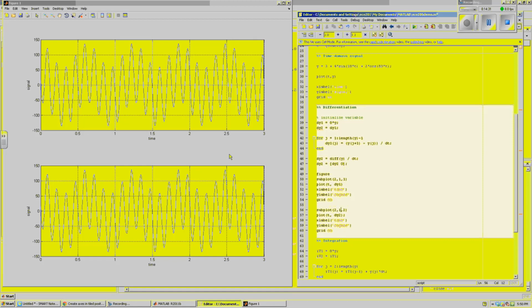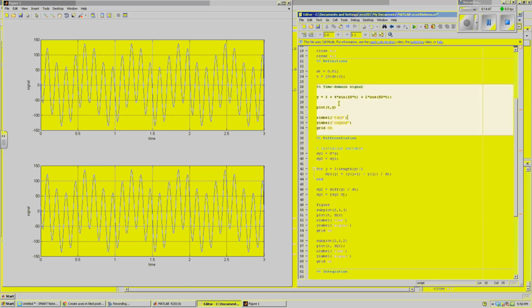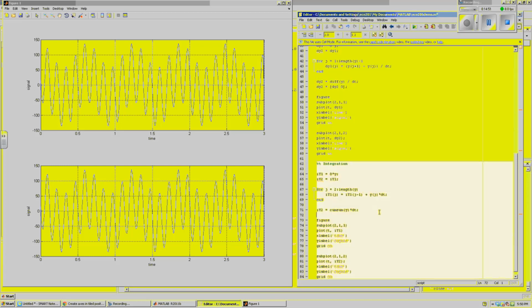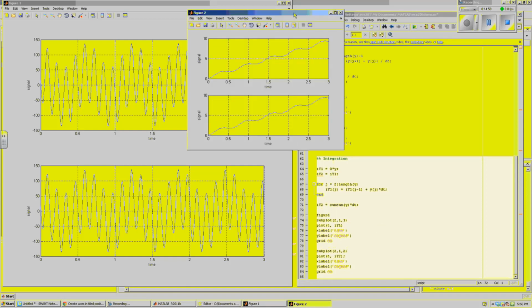Exact same thing, doesn't really matter, as long as you remember to get your DTs in there. You do need X and Y labels for each one, and this command figure tells me to open up this figure window in a new figure window. So I had 1 plot up here, that's going to be my first one. My next one will be here, and then I did the same thing down here in the integration, where I've compared these two. So if I hit Control Enter, just to execute this cell, we get a brand new figure window